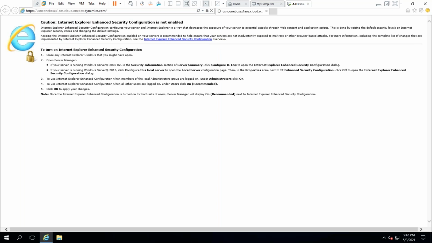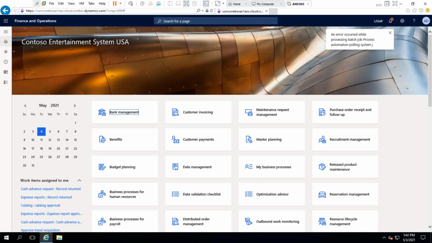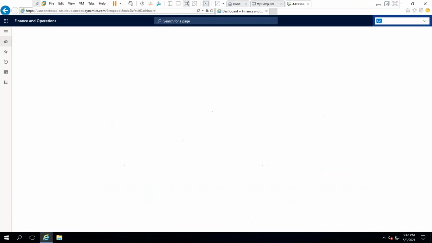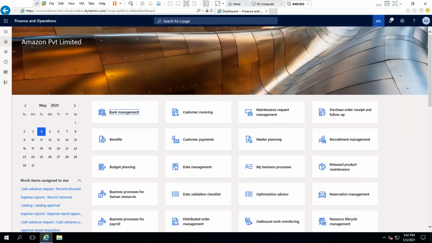Of course, in D365 it may not impact. In 2012 it is impacted because company-related specific tables need to be created. Most probably in 2012 and previous versions, it is better to close the application and open it. But in D365, I don't think so. It is not required, but I'm just in the habit. That is the reason I'm doing this. It is not mandatory in D365 because it is a web application. Okay, once it is created,